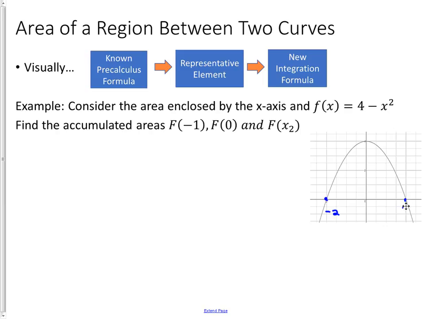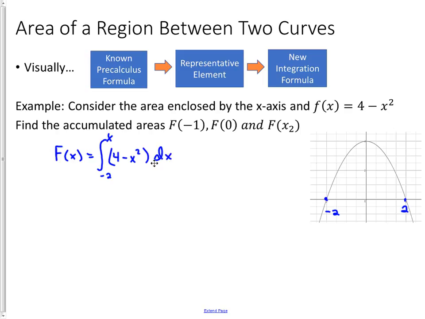And if we were to go all the way to B, that would be at 2 over here. So we're going to consider our accumulation process F of x to be the definite integral, starting at negative 2 and going to some point x of the function 4 minus x squared